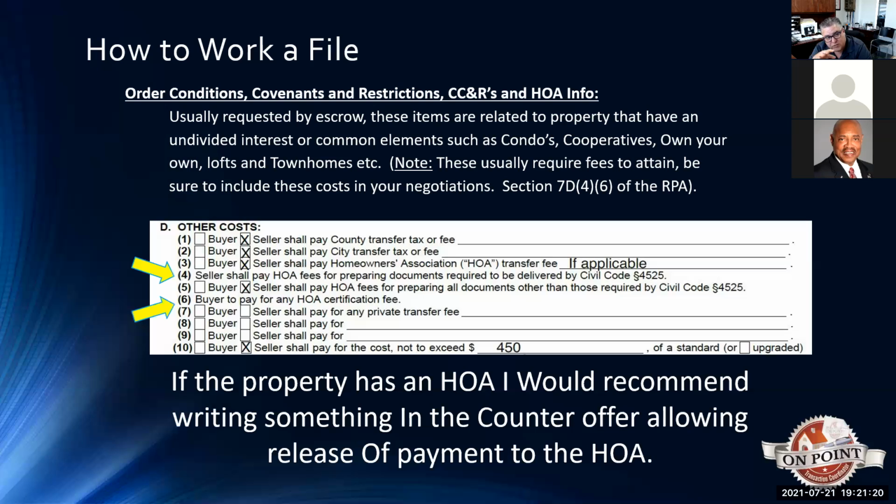So even though it says who's to pay for it, all that stuff, a lot of times the seller is waiting because they're not sure that they're going to close. You haven't removed contingencies, that kind of thing. So if you address it on a counteroffer and you say, okay, Mr. Seller, I need these HOA docs because guess what? That's part of disclosure, okay? You can put on a counteroffer to get the seller to pay it right away so you can get those HOA docs right away, okay?